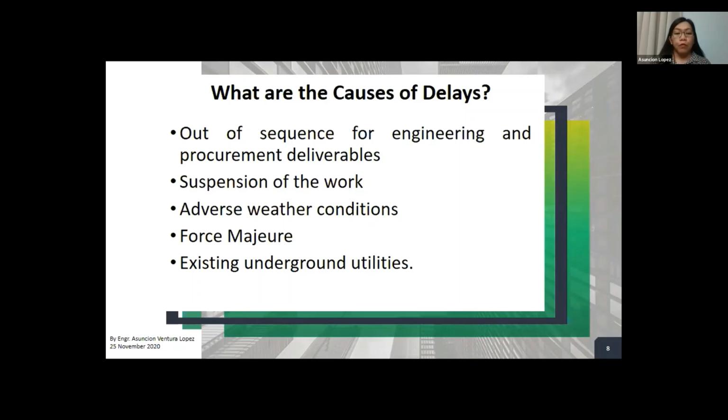Suspension of work. If the client has suspended the work for any reason, of course, you will be entitled to an extension of time. Adverse weather conditions. Since this list came from FIDIC, adverse weather conditions is on the list. Now, if your contract is not FIDIC, you have to check, because maybe the adverse weather conditions, the force majeure, the existing underground conditions may not exist in your contract. So we are discussing these things. These are the common causes of delays, and as I mentioned, my basis is the FIDIC